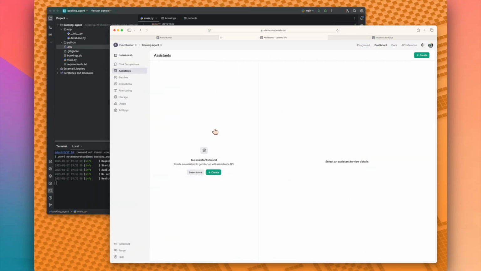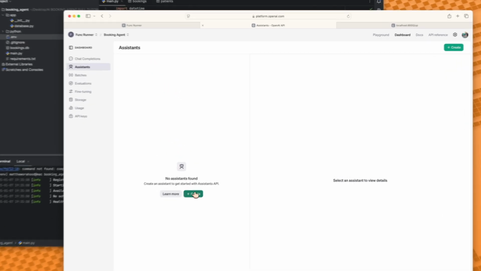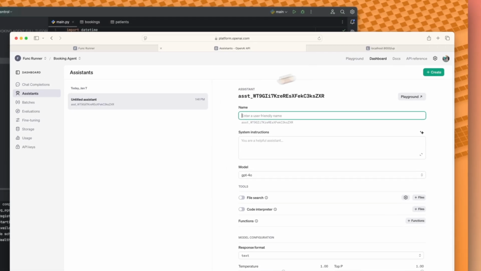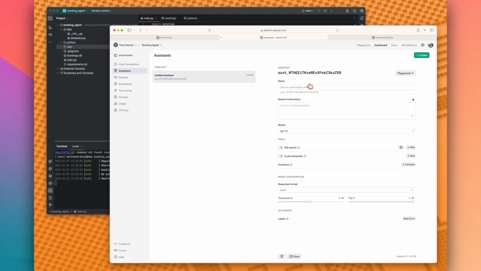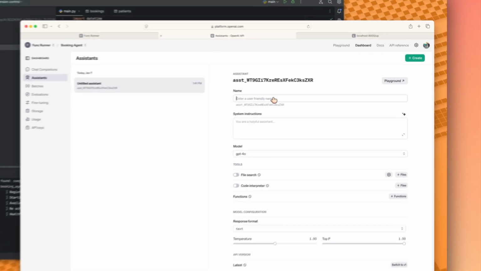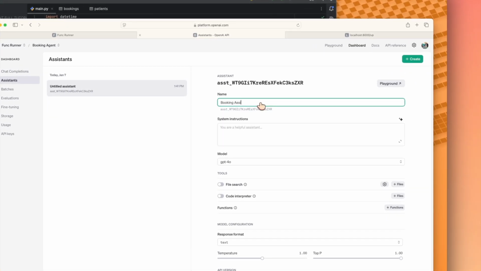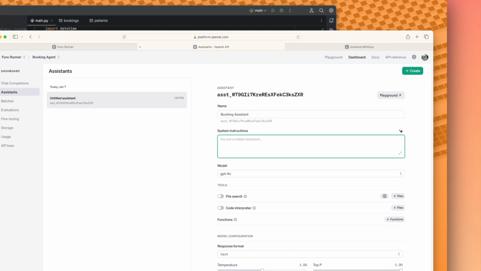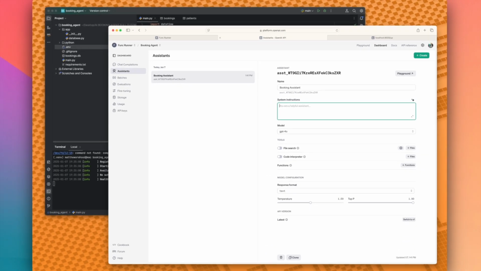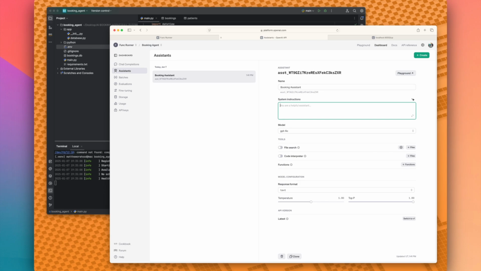Okay, so I have our browser window open here. I went to our OpenAI dashboard and went over to the Assistants tab on the left-hand side. So the first thing we're going to do is create our first assistant. I clicked on Create Assistant, and then I'm going to give our assistant a friendly name called Booking Assistant. Now, here's where we would want to give our assistant some basic instructions. I'm going to give mine some very basic instructions for now, just as a placeholder, right? We will say you are a helpful